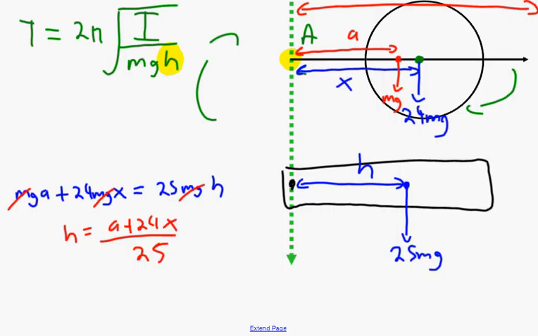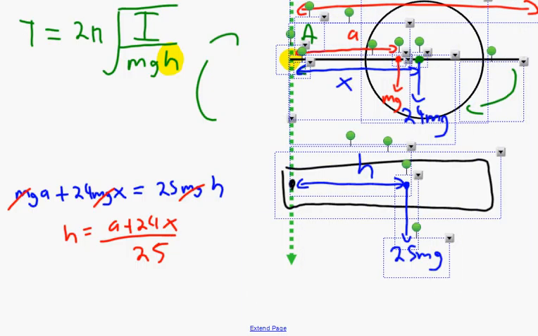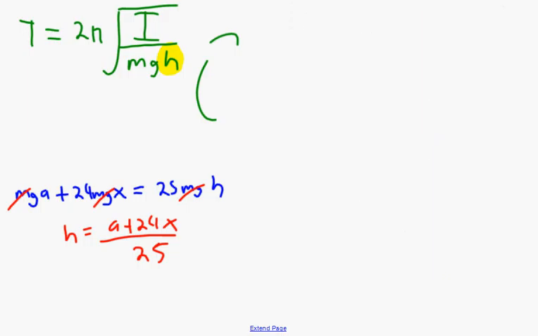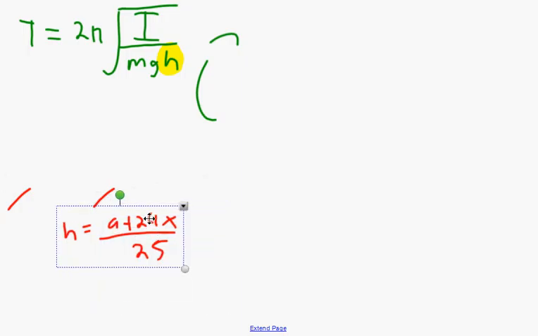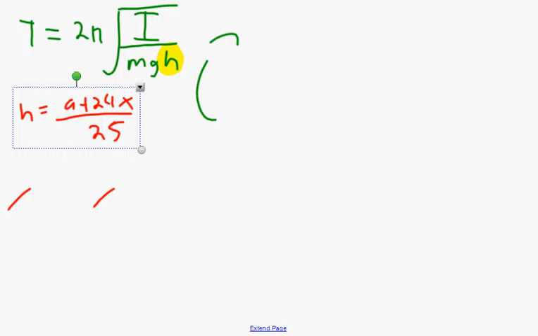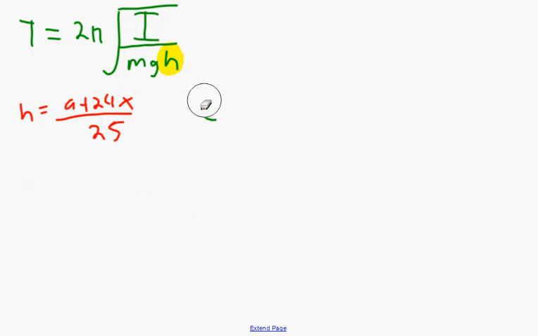So all this work here can disappear, and so can that. I found my h value straight away. The h value goes up here. Now, what we're going to do next is substitute in